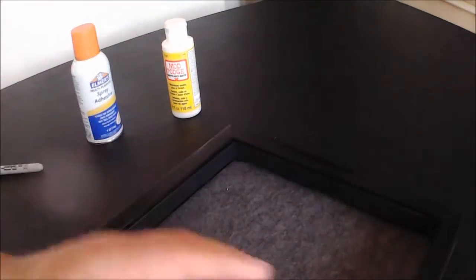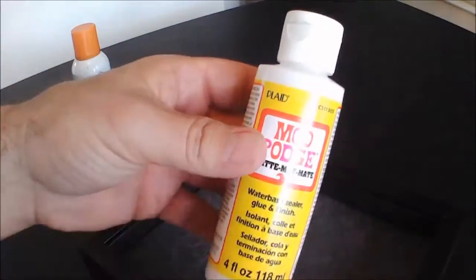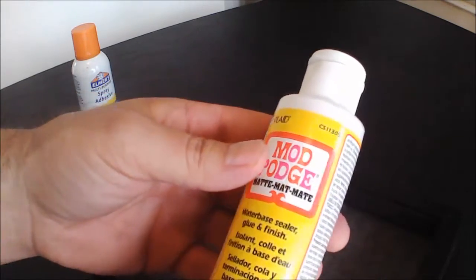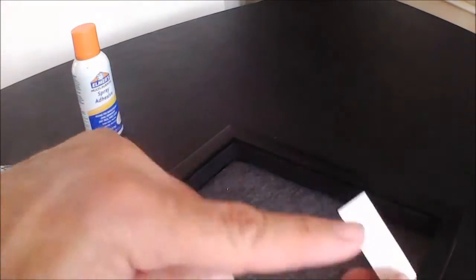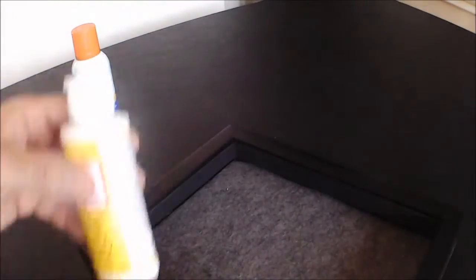So I think we're going to just use some Mod Podge for the decals here. And remember the stores we went to, Joann Fabric and so on. I think Walmart, definitely Walmart has this. So you can get some Mod Podge, and we're just going to put a little coating on the back, and then stick them on there. But the trick I wanted to show you is